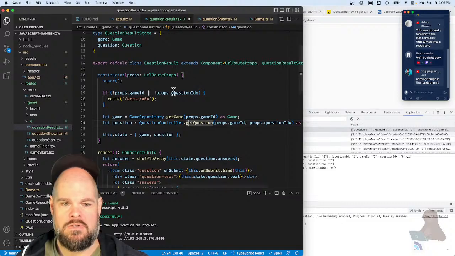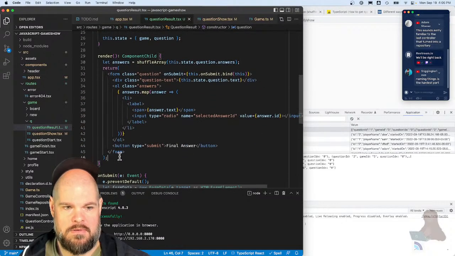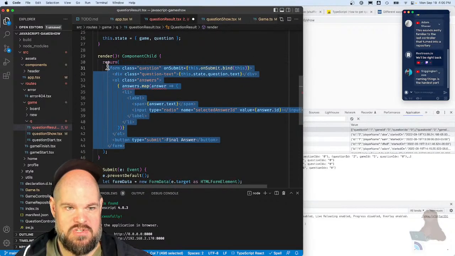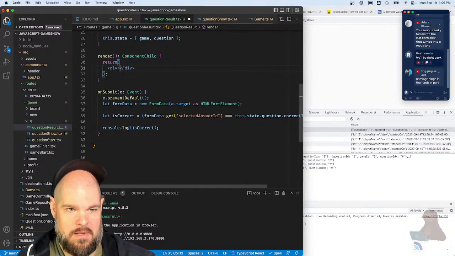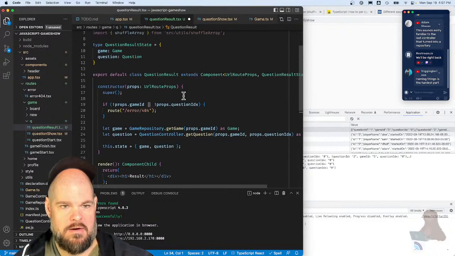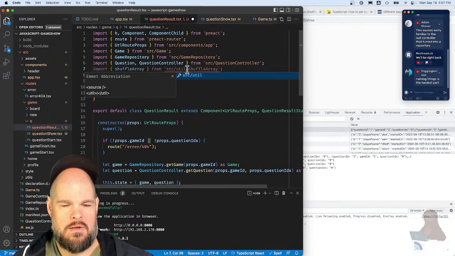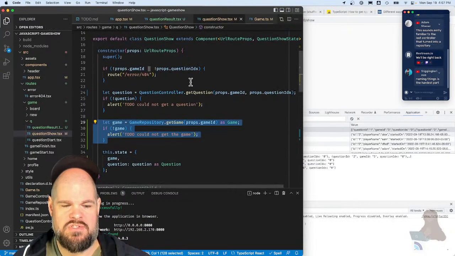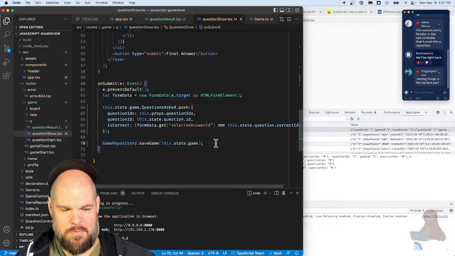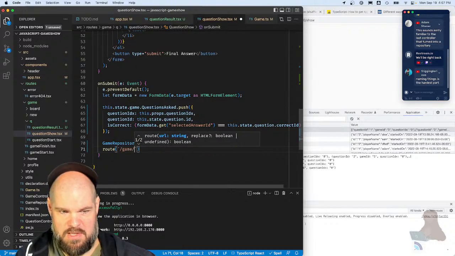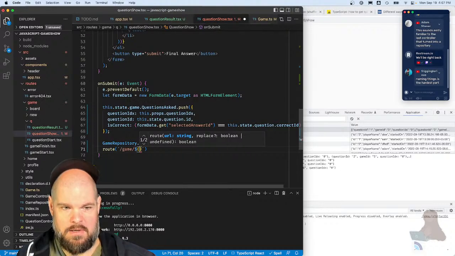Okay, so for now, let's go here into our render result and just put something, h1 result, so we know we've landed here. And then in our question show, here when we're done, we just need to, what? Route the user over to /game/ game dot